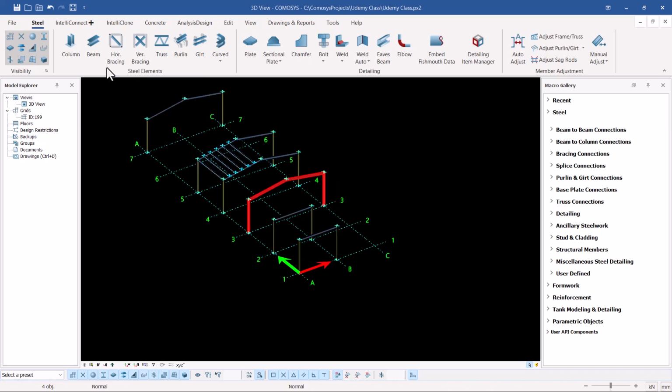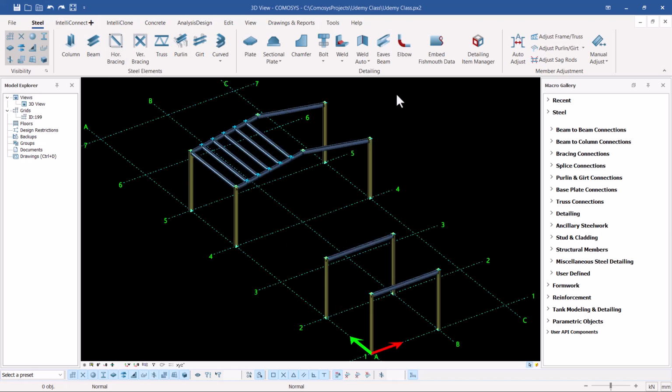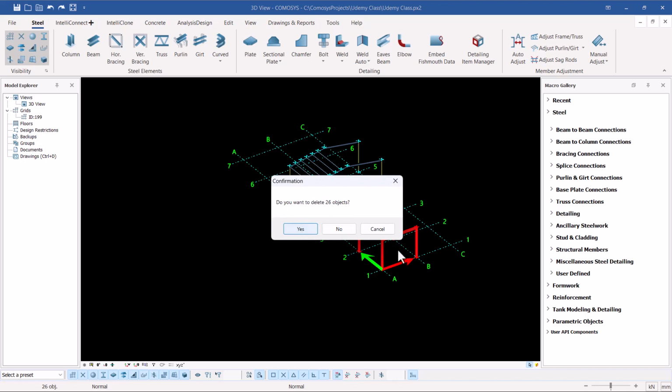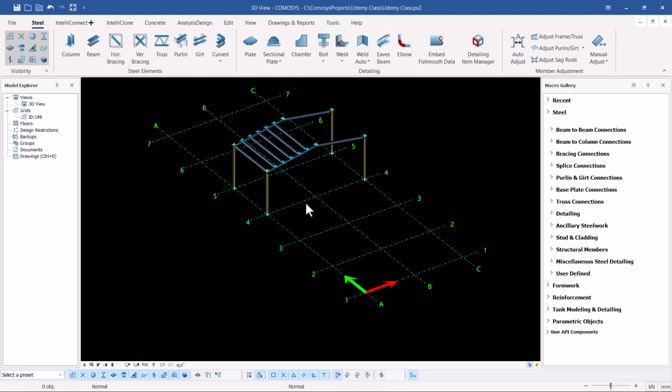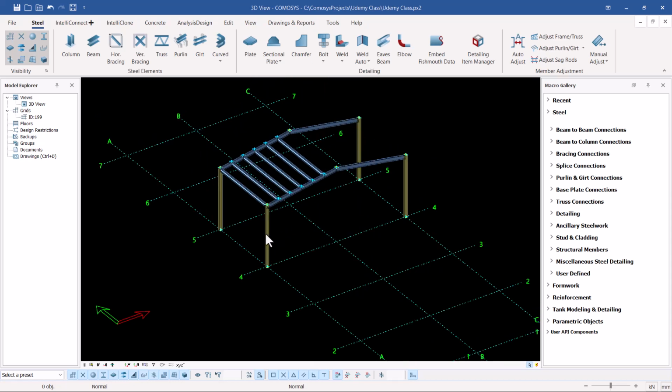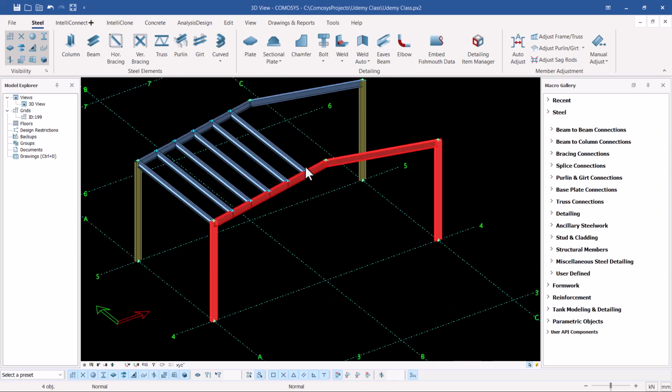Now we have some different ways of copying. So let me just undo everything, and maybe I can close this or just delete this so that we get enough space for copy. I've selected everything, then I've pressed delete. So once I have these three options, I either click yes or no. So I want yes to get rid of that object. Now to copy, I can select the beams and the rafters, like in this particular case, and I'll right click